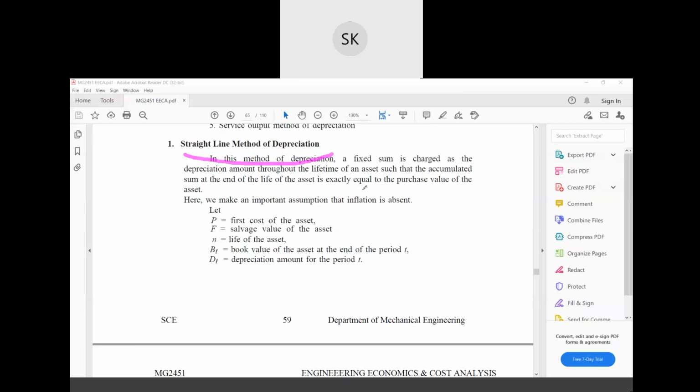You will keep a fixed sum as a depreciation amount throughout the lifetime. Every year you are fixing some amount for its maintenance or for some purposes. So suppose